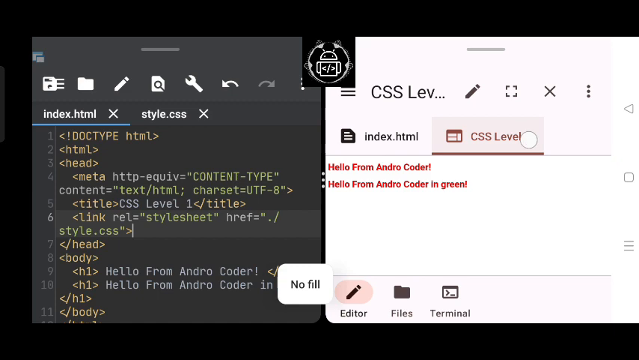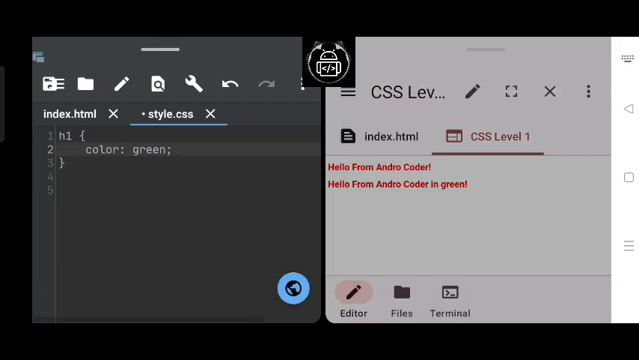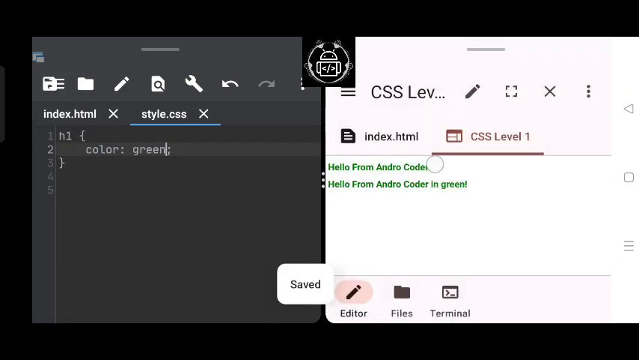After saving this, you will see our headings are turned red. If I change the value from red to green, then the color of all headings will turn green. Now, one special thing is that whatever styling you write within the external style sheet, you should never try to change that styling by inline styling or style tag, because if we do this, then inline styling will always take